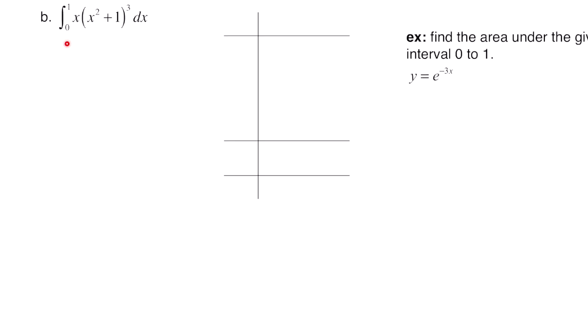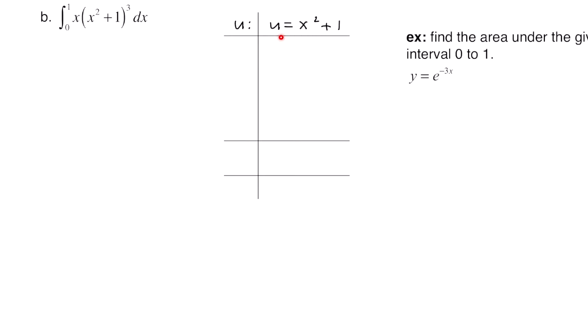This example says the integral from 0 to 1 of x times the quantity x squared plus 1 cubed dx. This integral is a definite integral, and right here you have a composition of functions, so we're going to use the substitution rule. We also call it u substitution. For the substitution rule, our first step is to identify u. Again, we're going to let u equal the inside function. So u equals x squared plus 1.